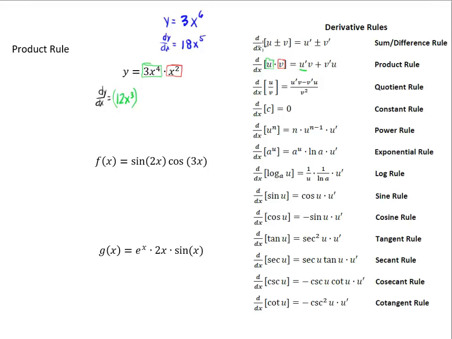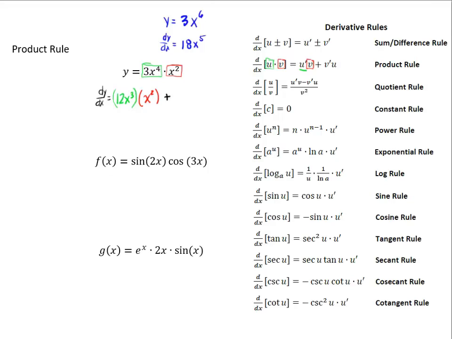It helps me stay on track and I don't forget something. Okay, the next part says, hey, put v just the way it is. Don't touch it. Don't take the derivative of it. Just put it in there just the way it is. So times, once again, I'm going to put this in parentheses, x squared. Okay, plus,